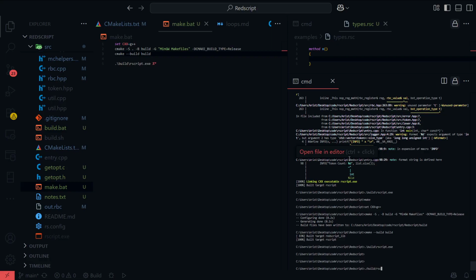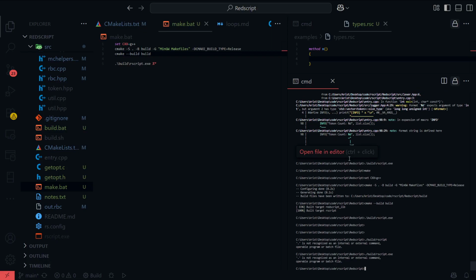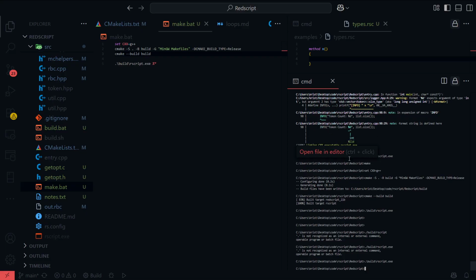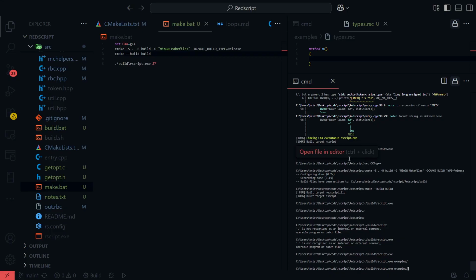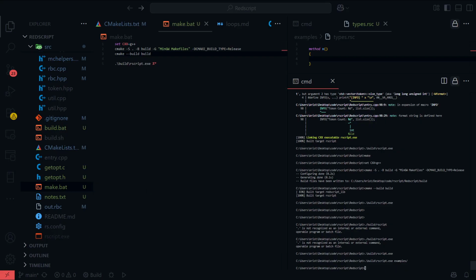Now let me just check something. I want to run the file with... so, okay, maybe CMake isn't working.